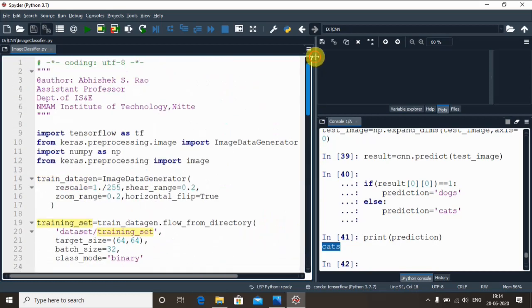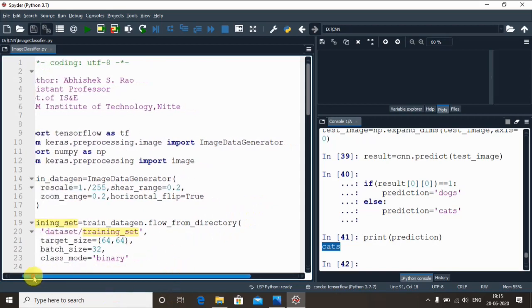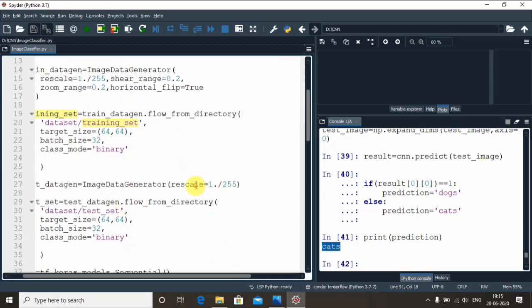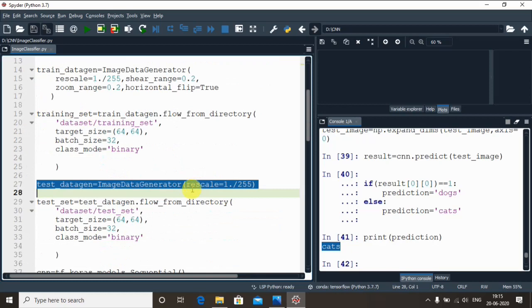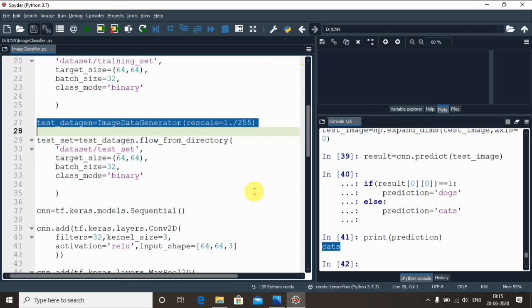We have pre-processed the training set with data augmentation, having around 8,000 images belonging to 2 classes, dogs and cats, and also pre-processed the test set with no image augmentation, for the reason I had already mentioned, correct? And applied only the feature scaling method for 2000 images belonging to 2 classes. Then we initialized the CNN as a sequence of layers, and added a convolution layer, applying max pooling to this first convolution layer, and then added a second convolution layer. At the same time, we applied max pooling as well, right?